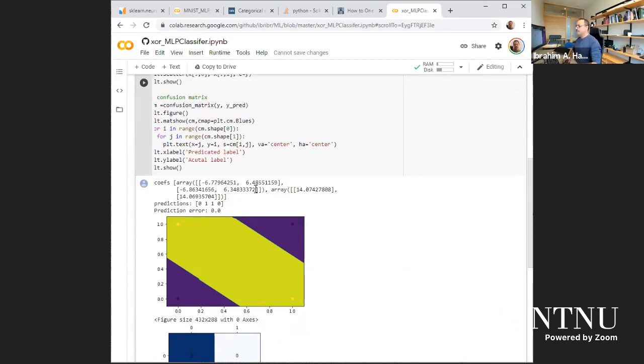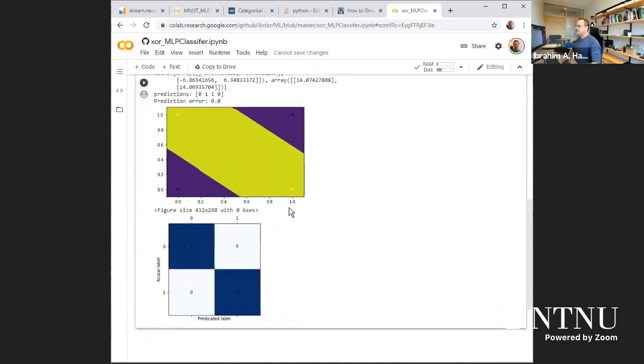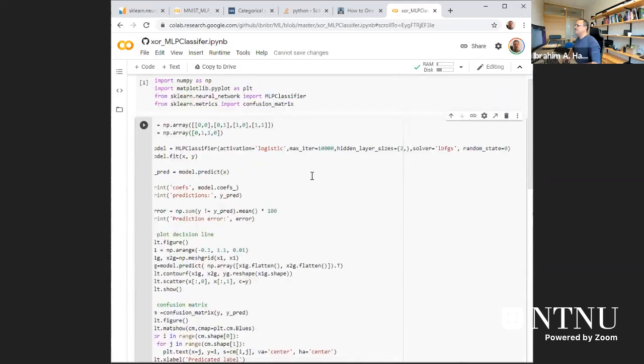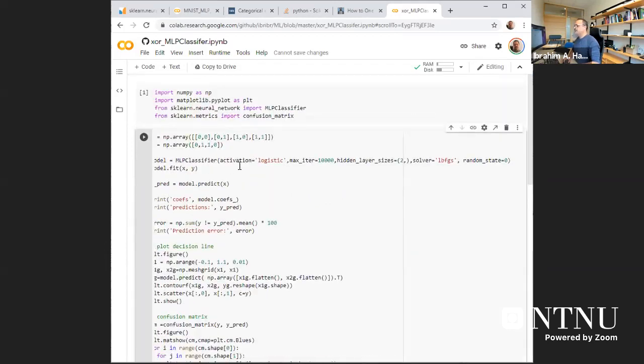And the prediction error now is 0. This is the confusion matrix. So this example is a very simple one. But if you need to plot the neural network, how it looks like here, we have two inputs. We have one hidden layer with 2 units, and we have an output layer. And the output should be a number between 0 and 1, in fact. So it has only one output, correct? So in fact, it looks like,